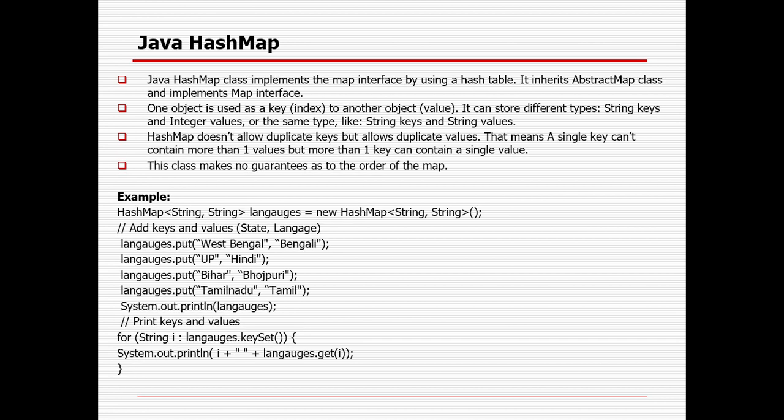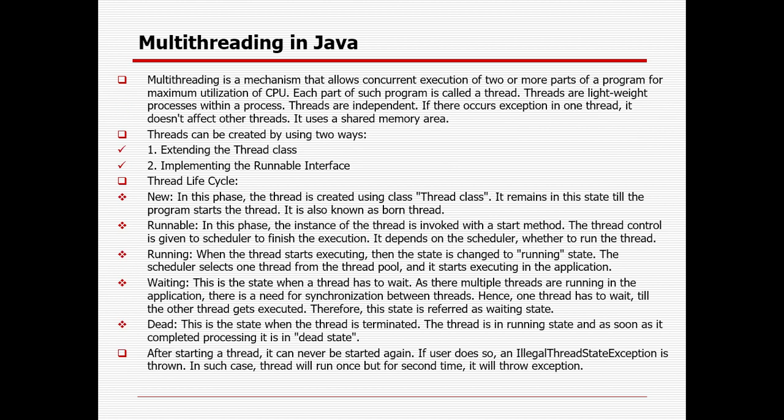In multithreading, if you want to perform operations in multiple browsers, with multiple workers, or run multiple processes at the same time, then multiple threads come into the picture. A thread can be created by extending the Thread class or implementing the Runnable interface. The life cycle is first new, then runnable, running, and sometimes waiting. After the life cycle is completed, you need to terminate the thread. By default, there will be a main thread.